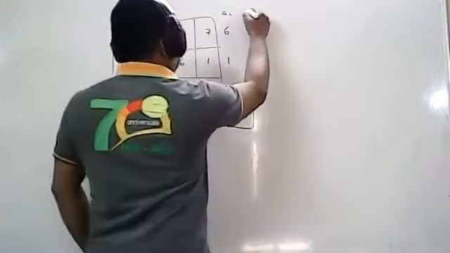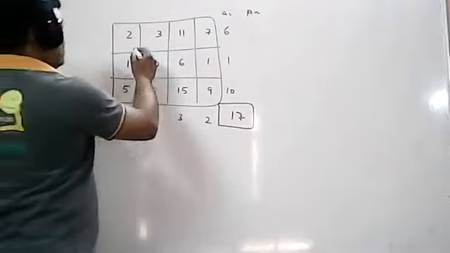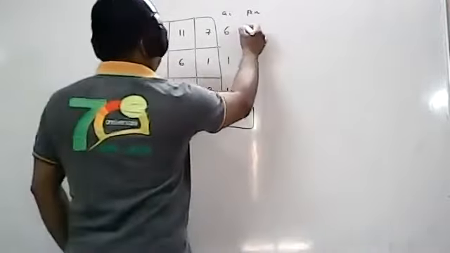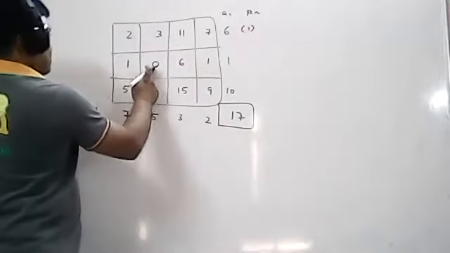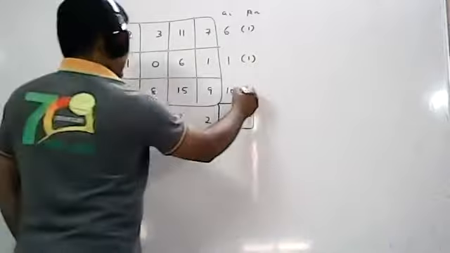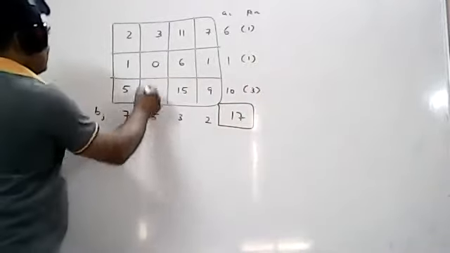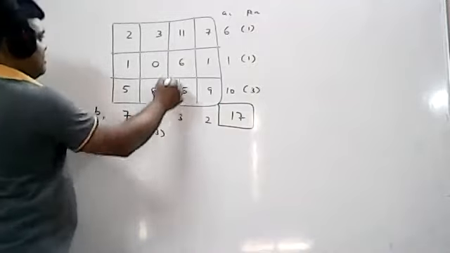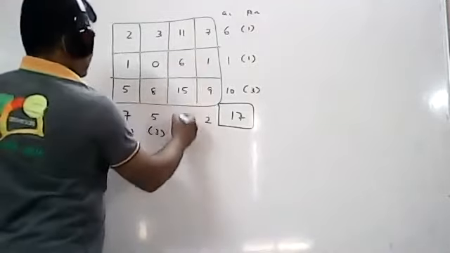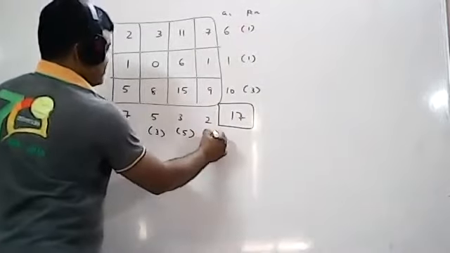You have to calculate the penalties. I'm calculating the penalties on both sides. The smallest value and next smallest value differ by 1. Similarly for the next row, the difference is 1. For the next row, the smallest value and next smallest value, the difference is 3. Similarly, repeat for the columns: this is 1, this is 3, this is 6, this one is 5. The smallest and next smallest, 7. This one is 6 as the difference.